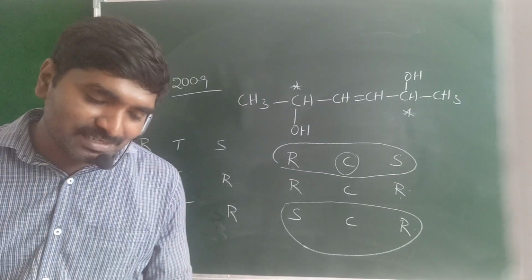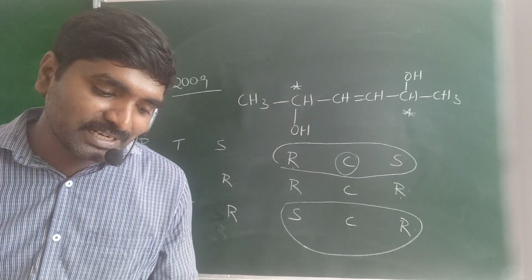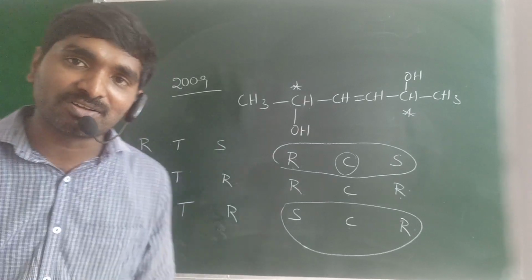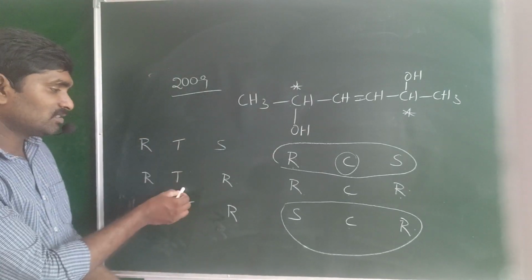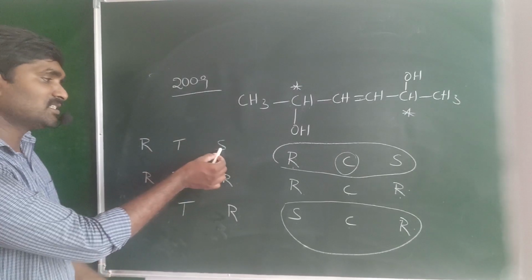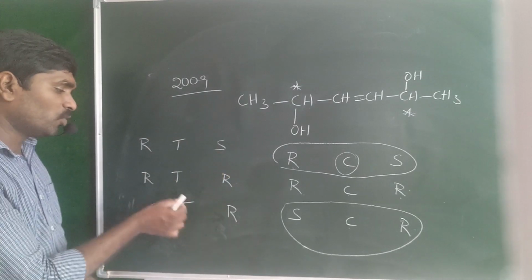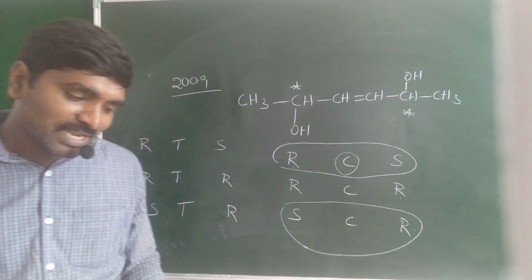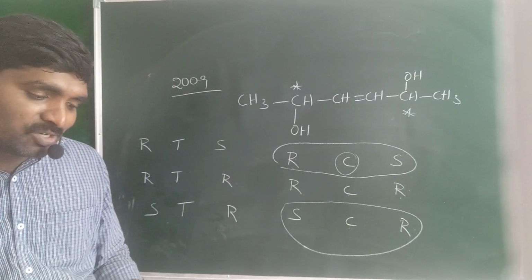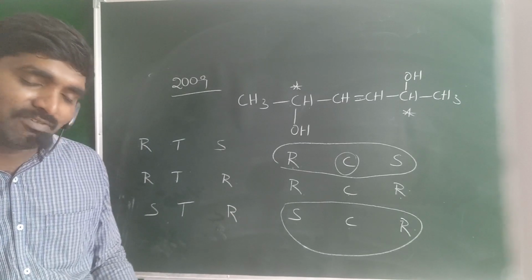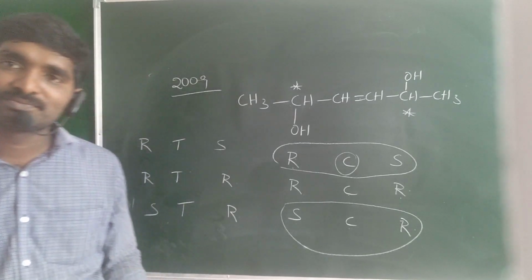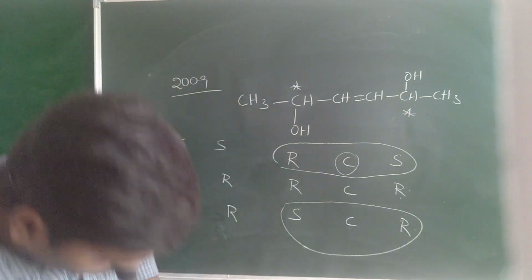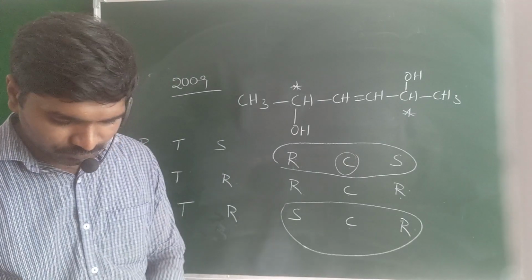When it is in trans, option C, the number of enantiomers possible for X is 4, which is wrong. When it is in trans, the image of R is S, and the image of S is nothing but R. Again only 2 enantiomers are possible. So option C is wrong. The total number of diastereomers possible for X is 3, which is also wrong. Again 2. Next one guys. Next question.